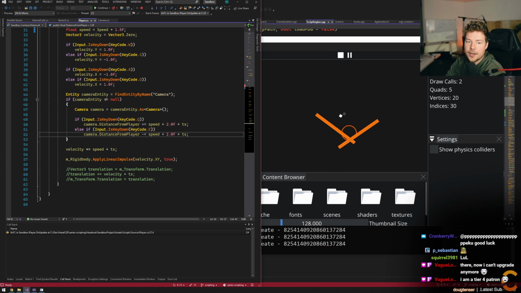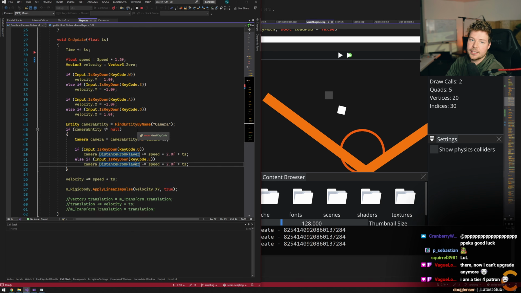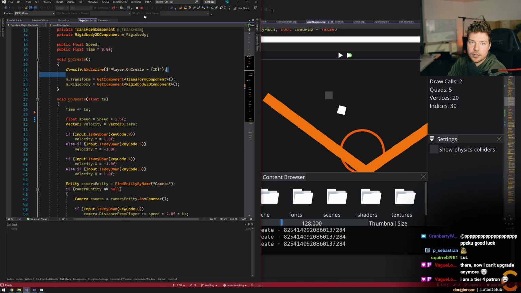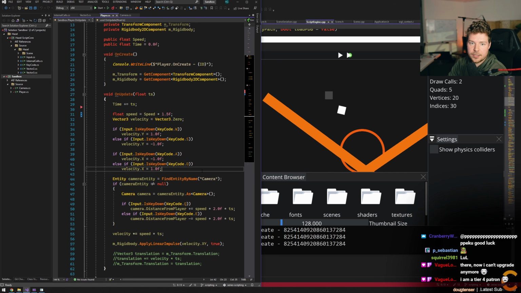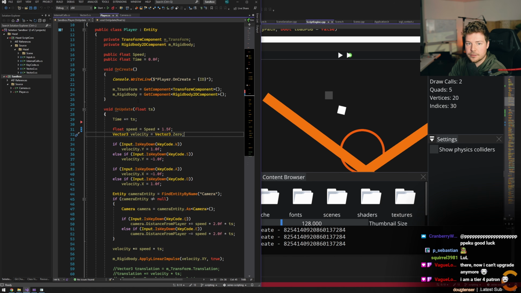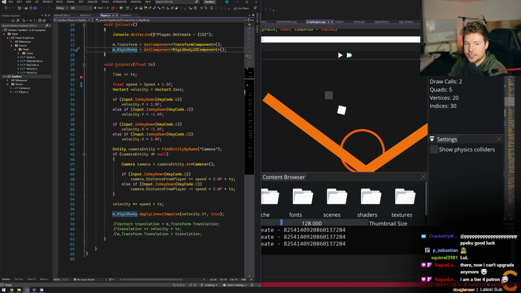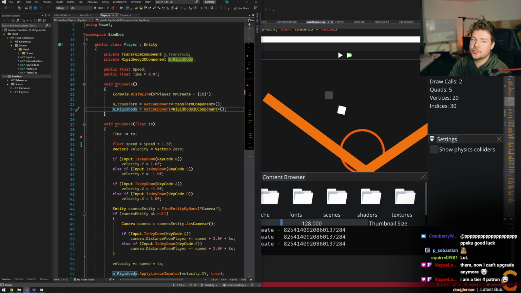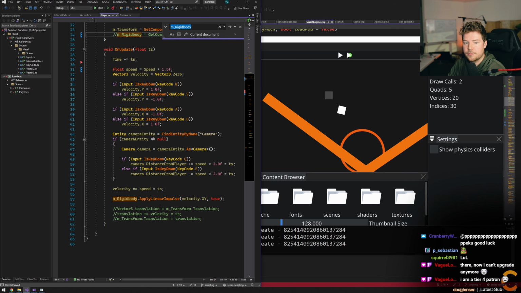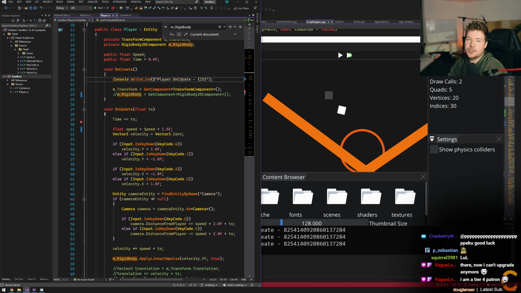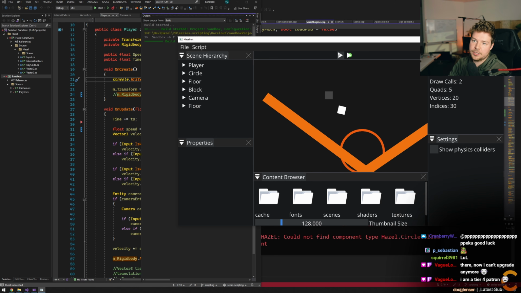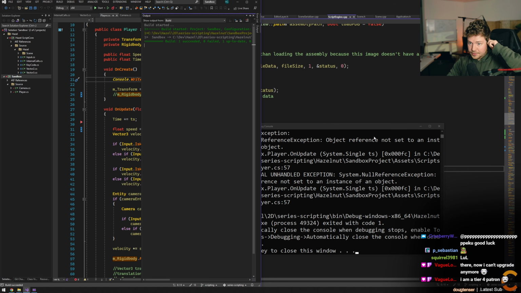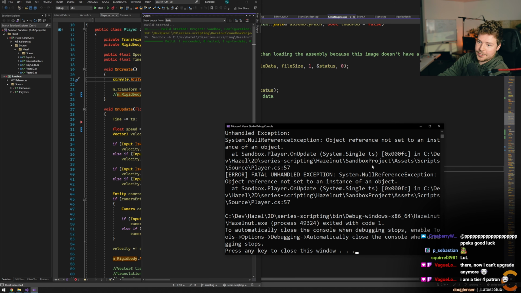So that's debugging. Now, the other really cool thing about debugging though is this. If we're not connected, let's say we do something incorrect. For example, we clearly want to apply a linear impulse here, but let's say we just don't do this. So clearly we're going to get a null reference exception because rigid body is null and we're trying to call a function on it. So if we just build this, it's going to reload the assembly. We hit play. Okay, well at the moment it's actually going to full on take down